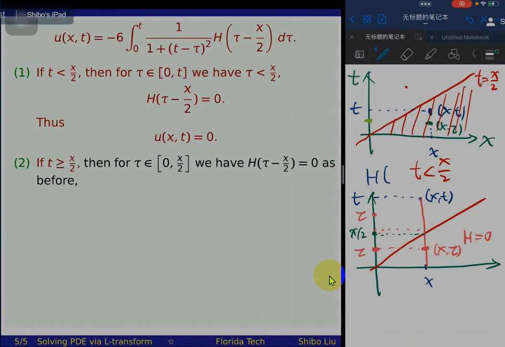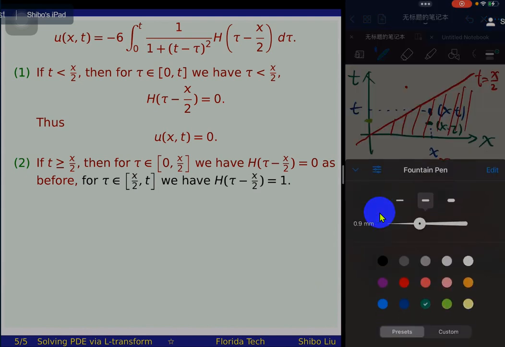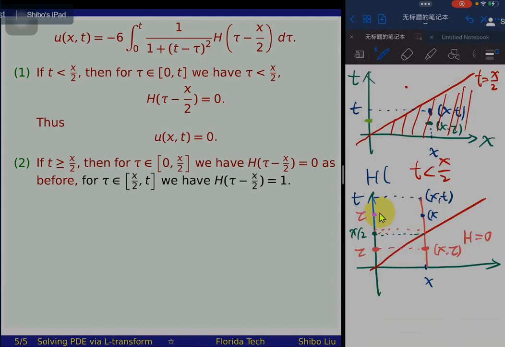Therefore, capital H is 0 there, as before. And if your tau is greater than half of x but less than t, that is when your tau is here, your point x, tau is here. So at this point, since tau is greater than half of x,